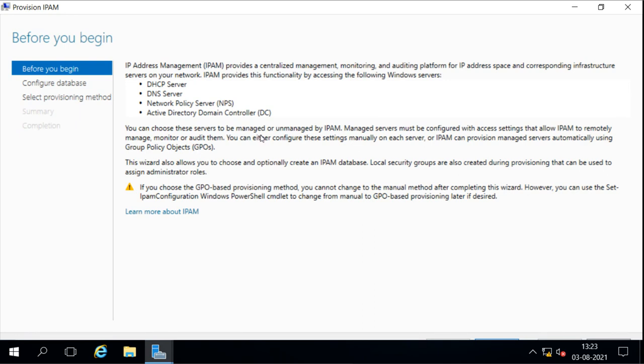So the servers it can manage are DHCP, DNS, network policy and Active Directory. Now which server you want to manage, you have to configure that server as managed or unmanaged. Managed means we can manage those servers from IPAM. Unmanaged means it can only get the information but we cannot manage it.